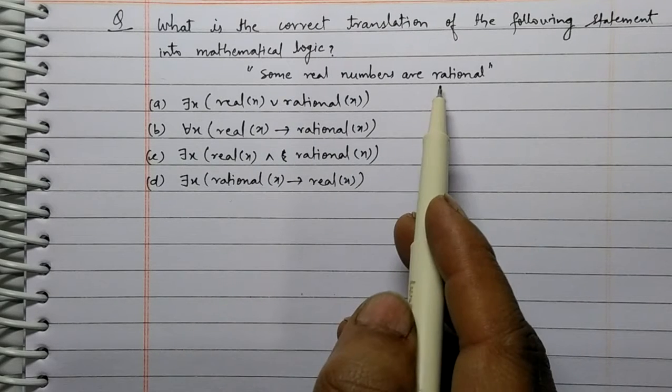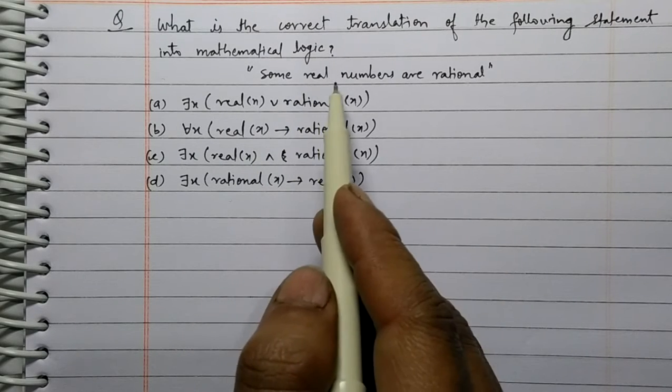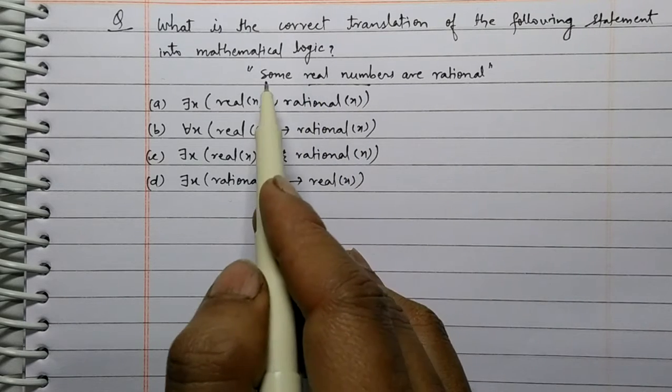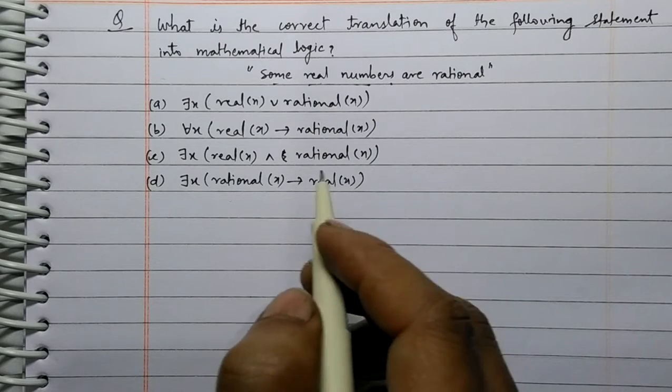Some real numbers are rational. It means that real numbers can be both rational and irrational, but some real numbers are irrational. It means that